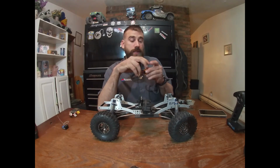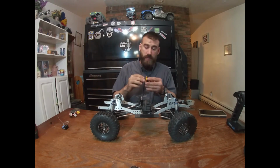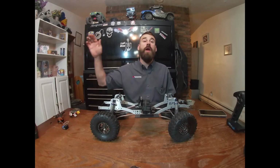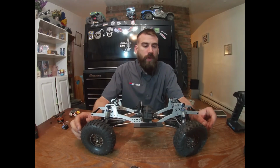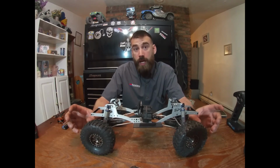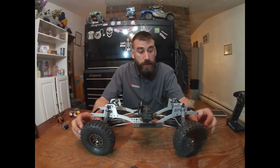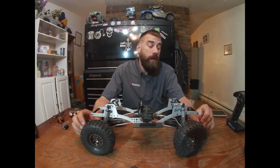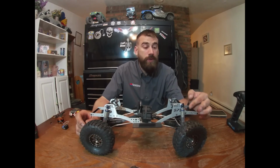Now, all I'm waiting for is the electronics. I've already got the motor. I'm cool with that. I think I already like what I'm seeing with this motor. I'm liking this motor so far, and I haven't even tried it, but it feels great. The only things I am waiting on are my Copperhead, my Reef Smart 900 steering servo, and I think that's it for the electronics. That's all I'm using. I will be stopping by Hobbytown to get some new screws for the